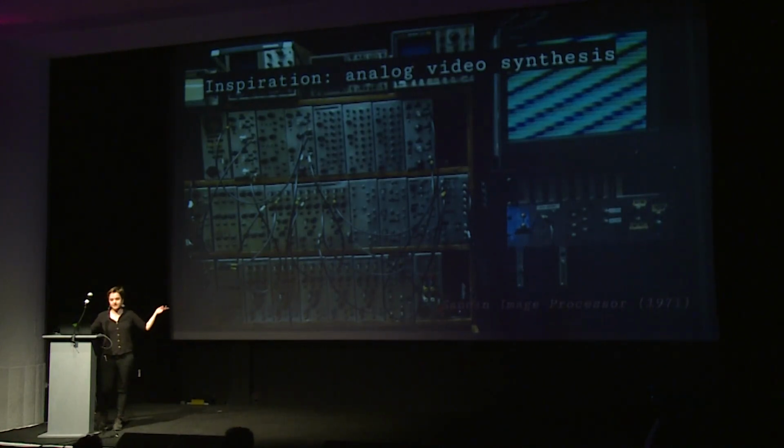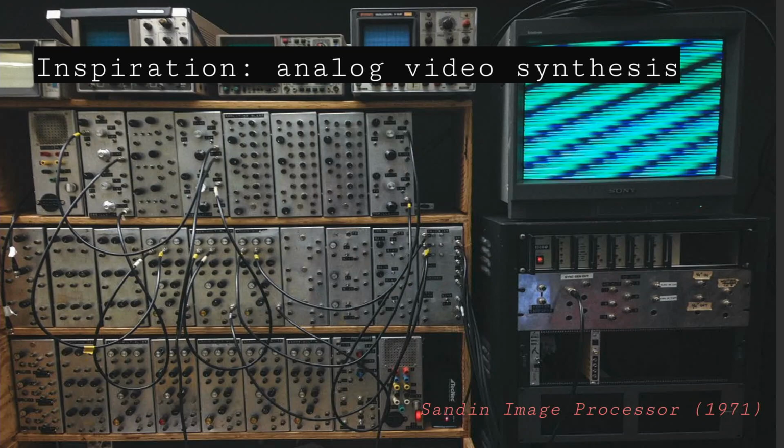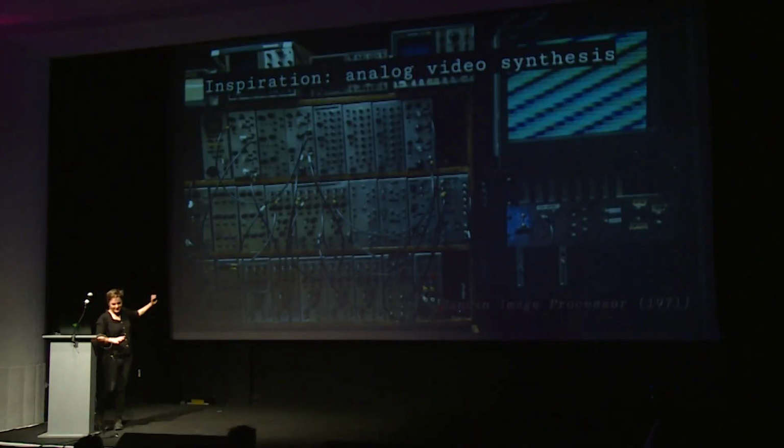It's the Sandin image processor made by Daniel Sandin in 1971. And here what we have are these boxes. I'm sure a lot of people in this room know a lot more about modular synthesizers than I do, but we have these boxes, and each box does something to a signal. And then we have these cables where we can connect these boxes to each other, and the way in which the cables are connected transforms the signal in different ways,